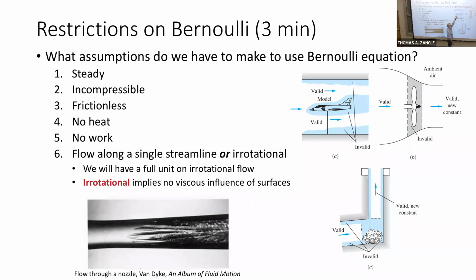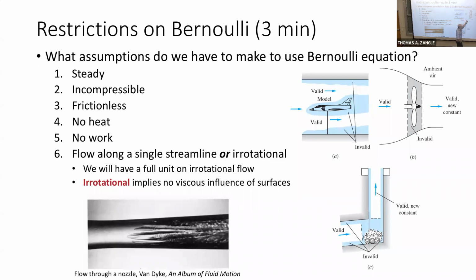What we're depicting here in this blue shaded region is called the boundary layer. It's basically the region where the viscous influence of the surface is felt. But away from that region, which is actually quite thin, it's very exaggerated here, we can apply the Bernoulli equation pretty well. But within the region close to the wall of the model or close to the wall of the wind tunnel, the Bernoulli equation would not apply.